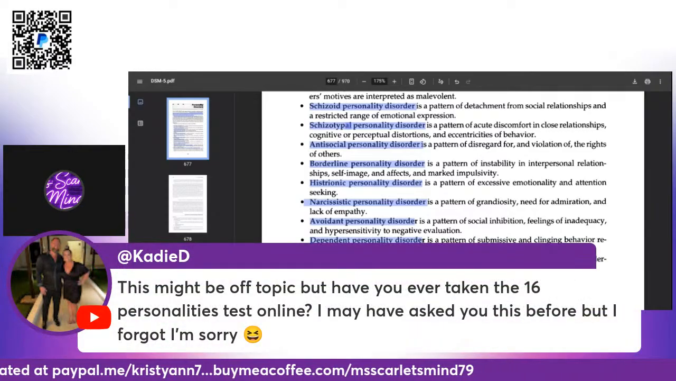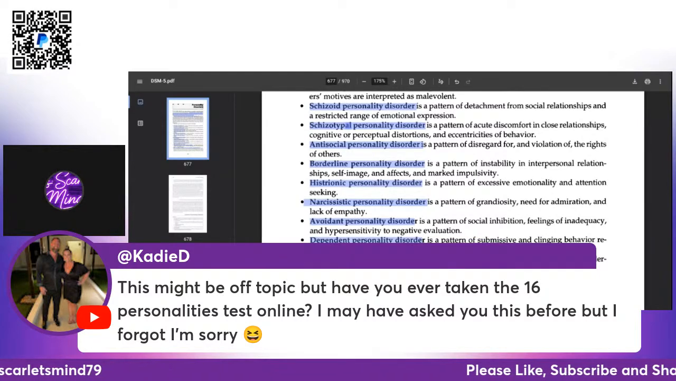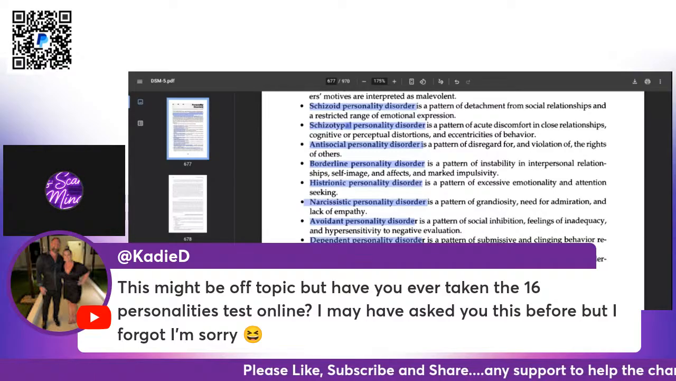KDD says, this might be off topic, but have you ever taken the 16 personality tests online? I may have asked you this before, but I forgot. I'm sorry. You did ask, and I asked you which one, and you never were able to answer me, because yes, I do know you can get them online, and I have taken one before, but those things are,